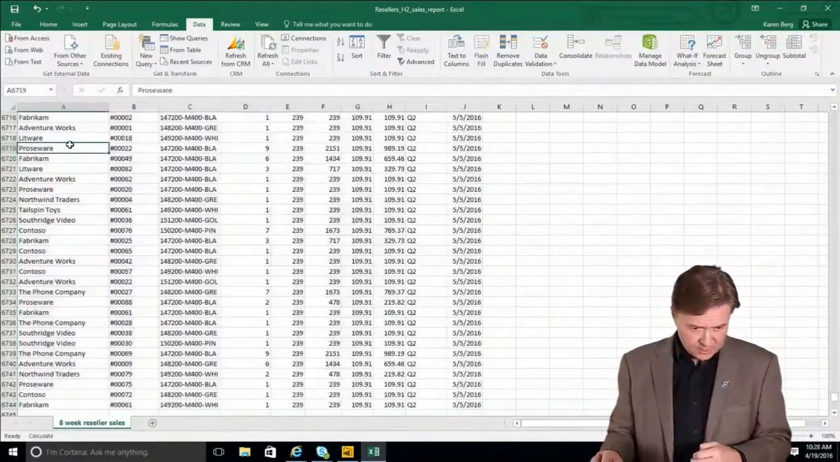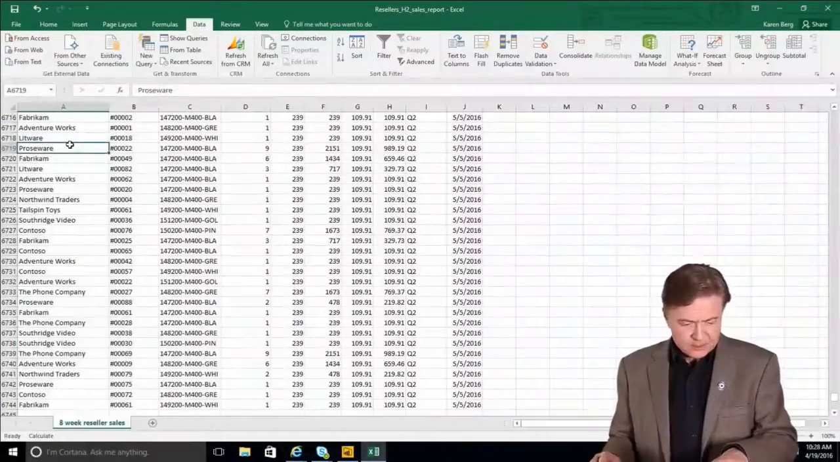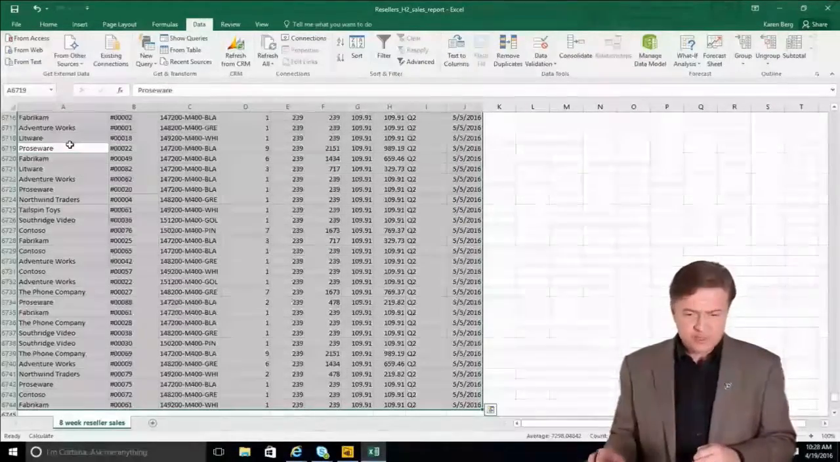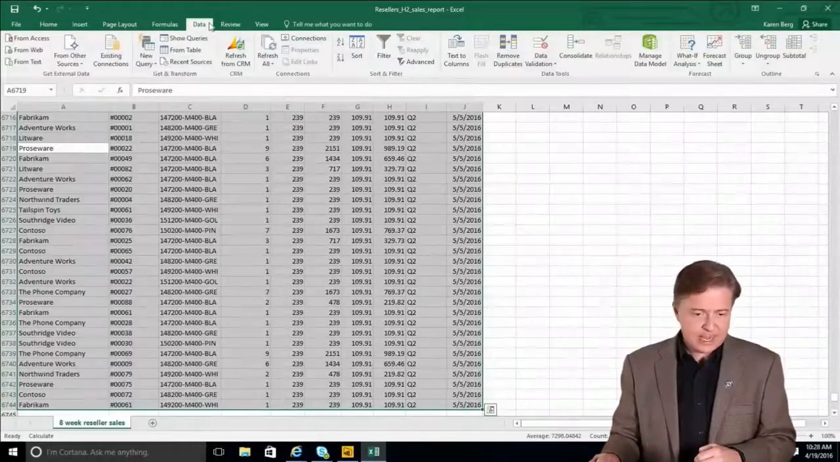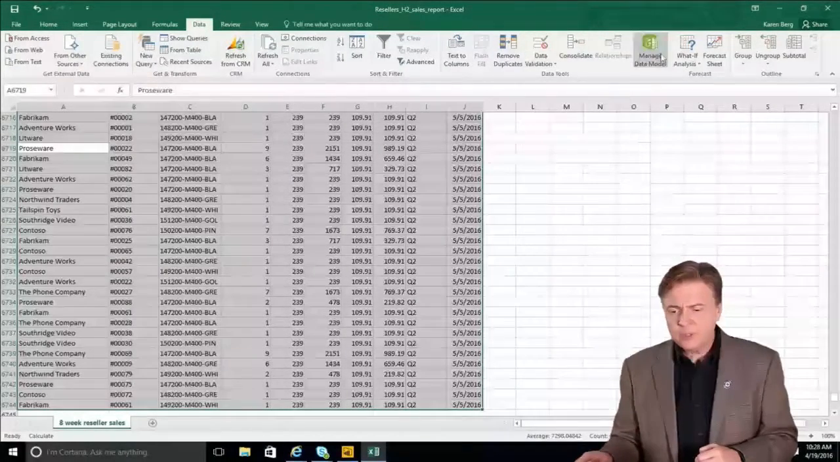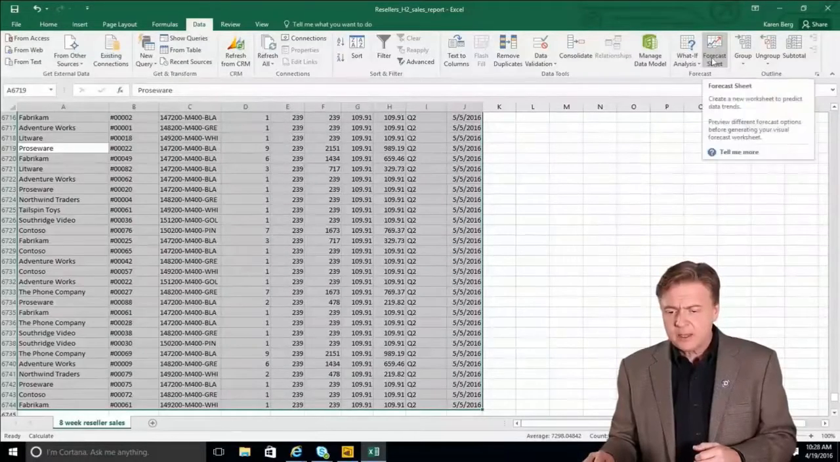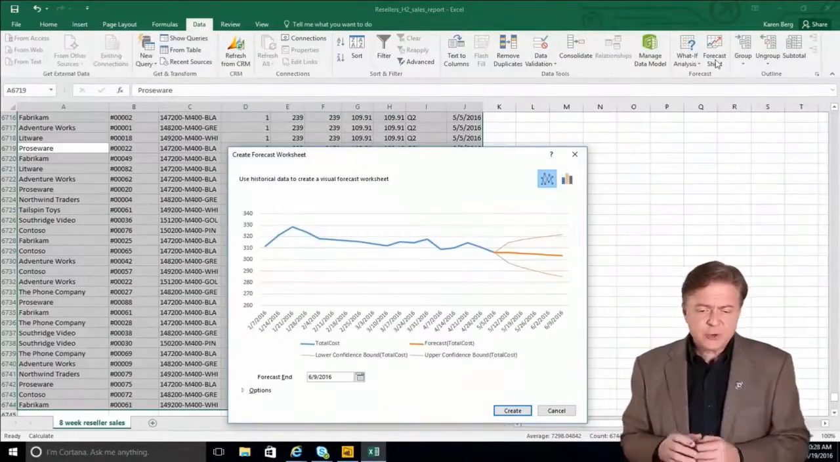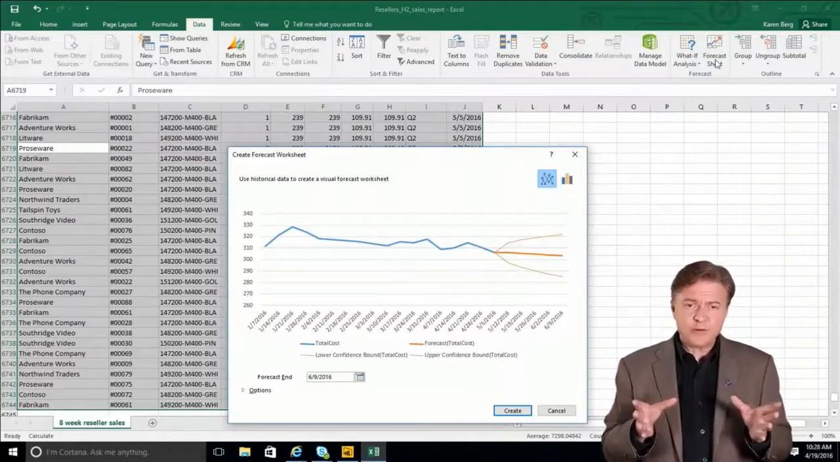Okay, so there's one more I'd like to showcase here. Let's go back in here and hit Control A and select all of our information again. I'm on my Data tab. Now I want to come over here to the far right-hand side. This is a really powerful functionality. If I click on Forecast Sheets, it takes this data and creates a forecast worksheet for us right here